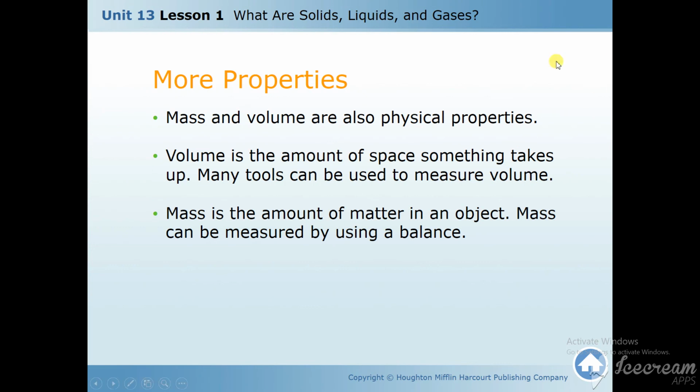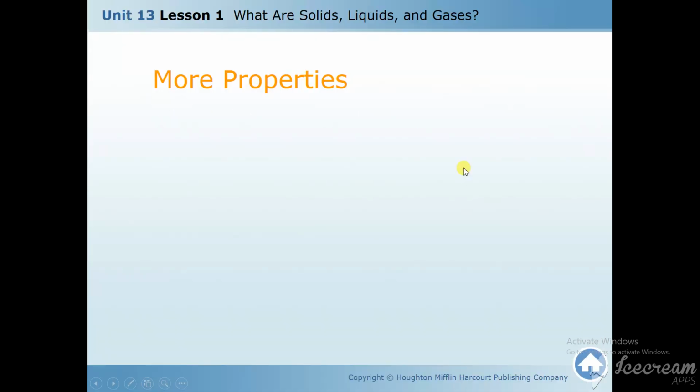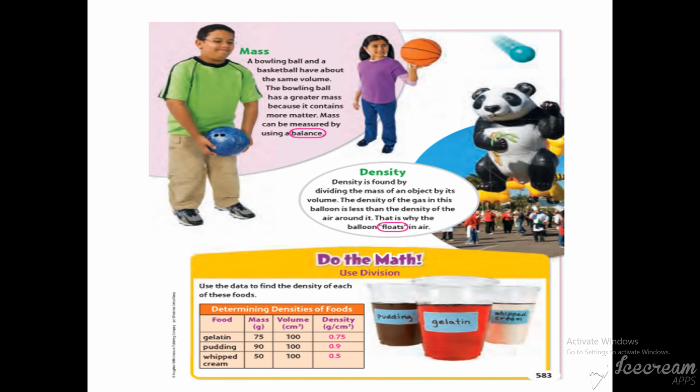Okay, now next I will talk about mass and density. Mass and density. So what is mass? They give an example: a bowling ball and a basketball have about the same volume. When you see this ball and this ball, they look the same size. Sometimes you can even find them the same color. But when a person is holding